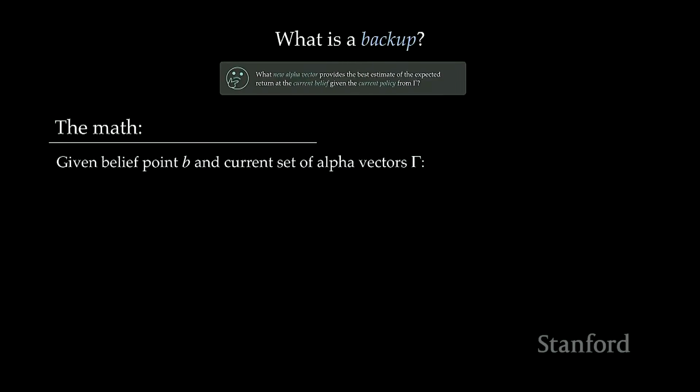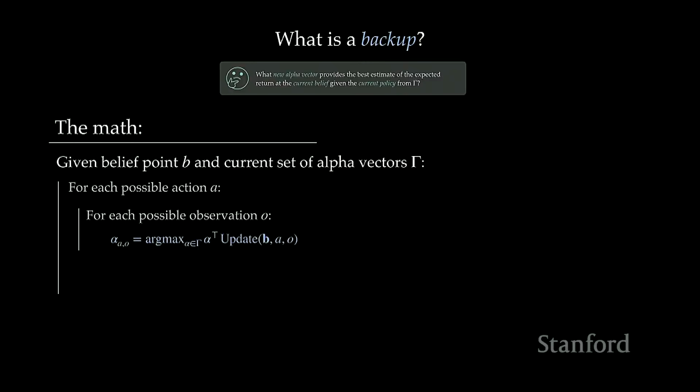Okay, so the actual math that we do. We're performing a backup at a certain belief point, given this set of alpha vectors that we call capital gamma. And what we're going to do is iterate through a few things. We're going to do something for every possible action. We're going to go through every possible observation we could have when we take that action, and look at what new belief we would get. So every time we take an action and get a new observation, we can update our belief, and so we can figure out,